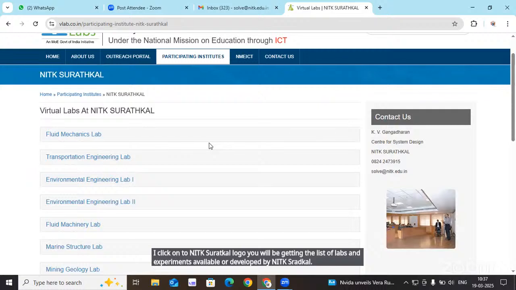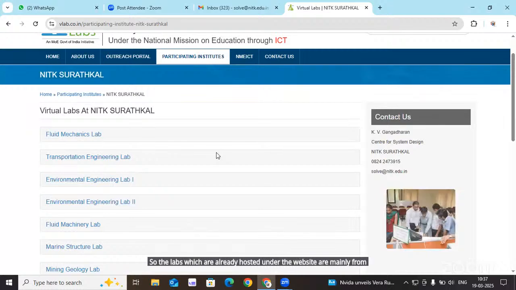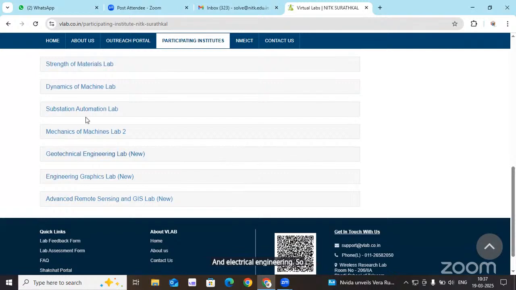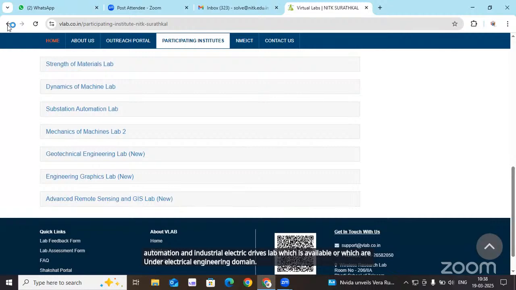The labs already hosted on the website are mainly from mechanical engineering, civil engineering, and electrical engineering. If you go down, you will find substation automation and industrial electric drives labs, which are under the electrical engineering domain. So going back,